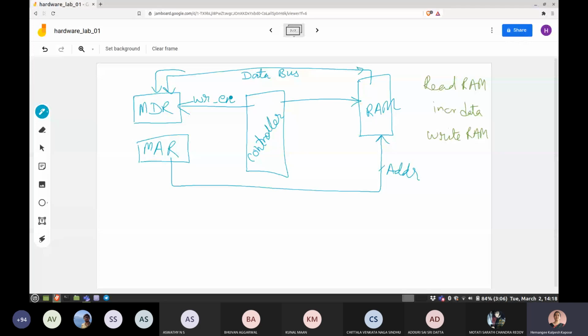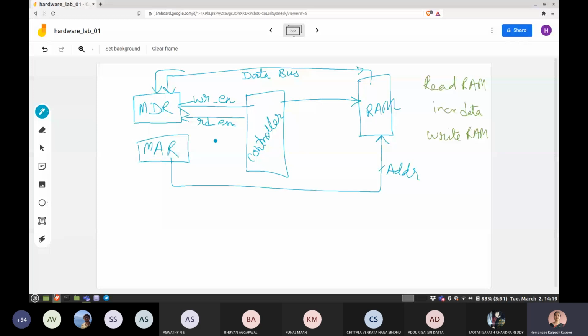The reverse happens when you are going to send the data to the RAM. Here you have to say a read enable. Correct? So a read enable signal will be sent eventually to MDR. When read enable reaches MDR, it sends the contents onto the data bus, and that data bus contents enter the RAM module. So writing to MDR brings data from the RAM.